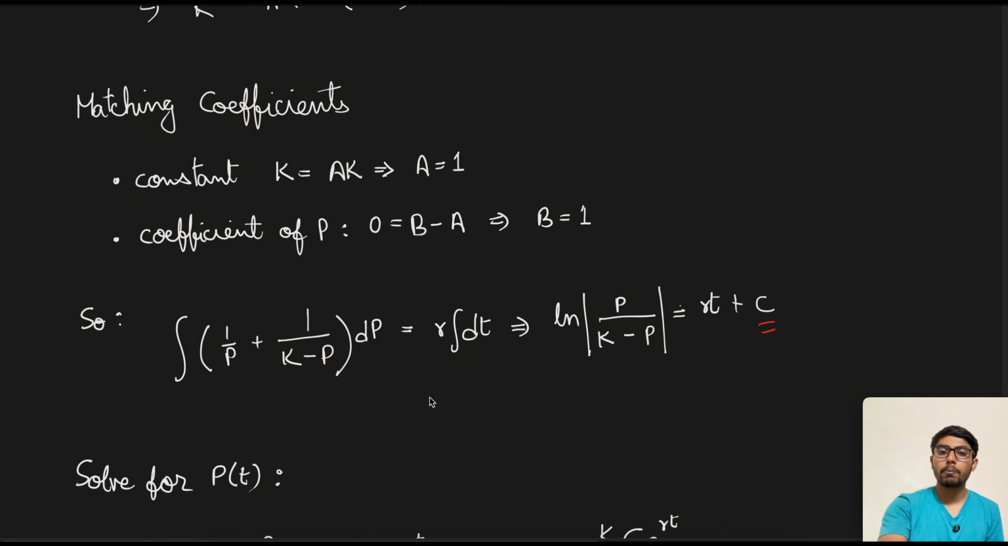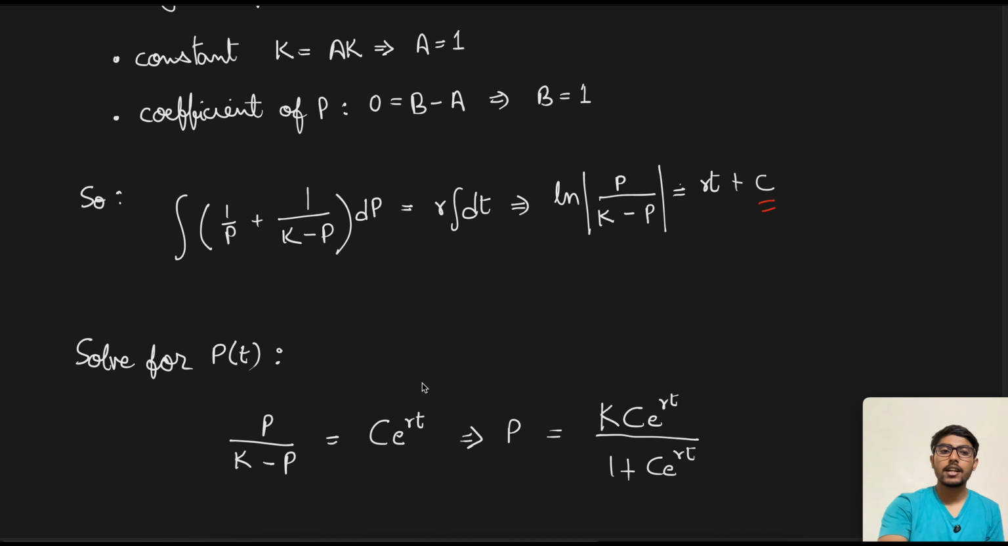Then we solve for p(t) again. So for that, p by k minus p equals c times the same c as above, e raised to power rt, where p equals this expression,